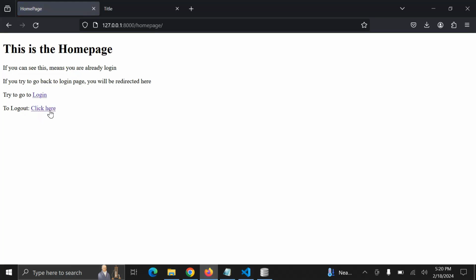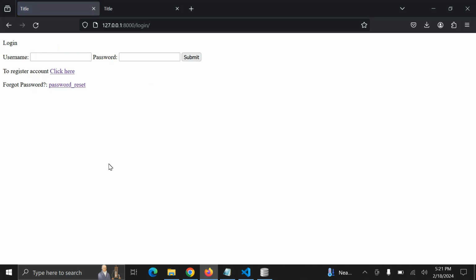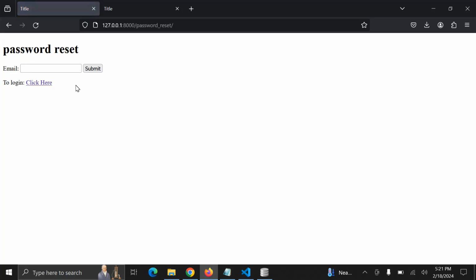Let us try out to test if logout works. So if we click here, you can see we have actually done user registration with email activation, account login, logout. Now it's time for password reset. So when I click here, you can see I am asked to provide my email. So let me put my email. When I submit,